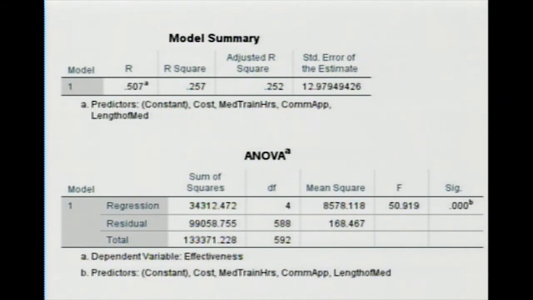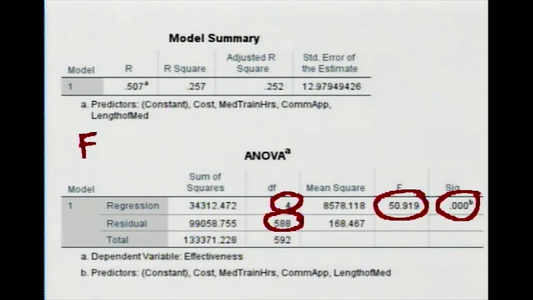So as we look at the model then, we look down below and we can see the dependent variable's effectiveness. And then we see that constant, which we don't have to worry about, but we see the 4 independent variables down below. Now, if we were to write this up, we would, of course, care about these numbers. So let's take a look at these. And we would write it up and say we have a significant model. In other words, we have a significant linear combination of predictors. That's a comma.